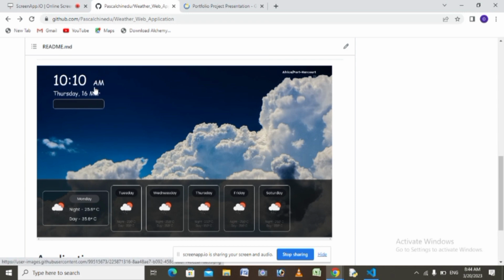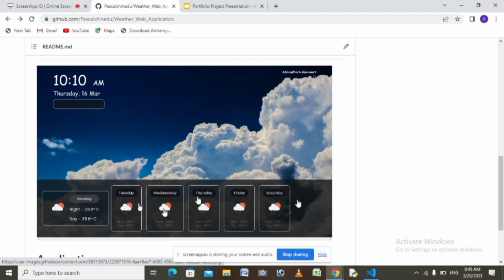So here is going to be displayed your current time, which I use JavaScript interval to do. And this space here will access your location, then display your weather forecast, which is your humidity, pressure, sunset, and sunshine, as well as beneath here where you have